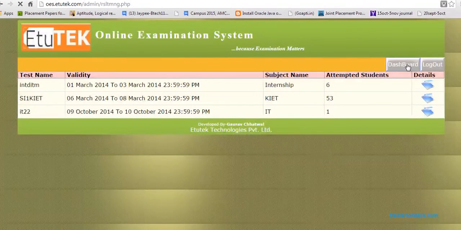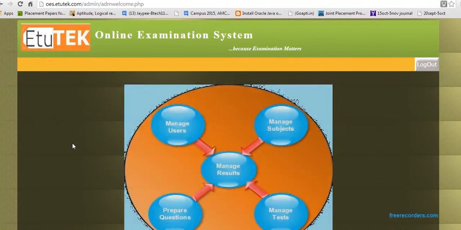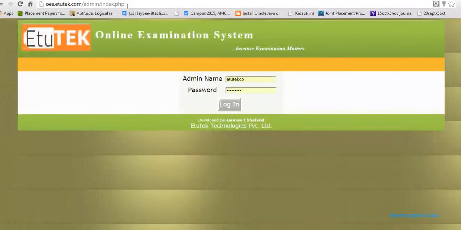So through this panel, a company can organize tests for the students for recruitment in their company, and the students can also give tests at their own places. You can note the web domain